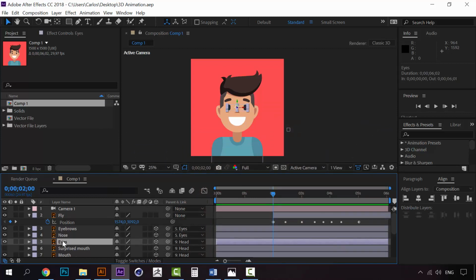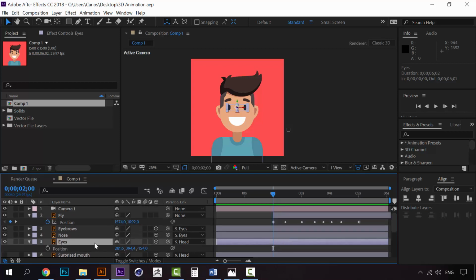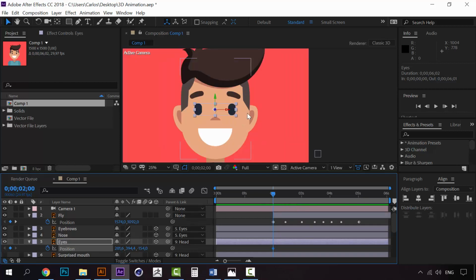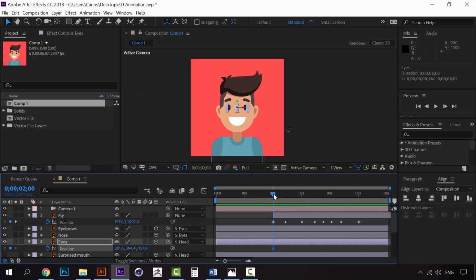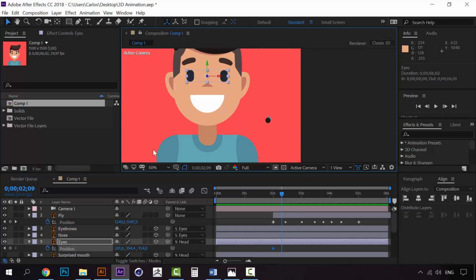So we should go and open the position for the eyes, and I'm going to click here on the position right where the fly goes in to the composition, and then all we have to do is to make these eyes follow the fly. For example, in this point the eyes should look at this fly. So if I want them to look at the fly, all I have to do is to move them